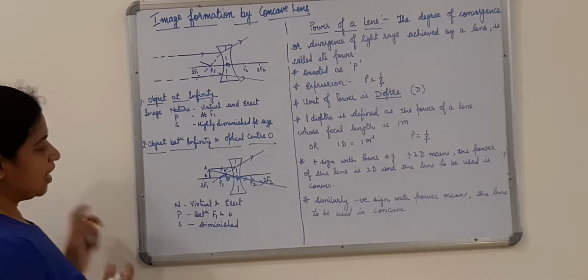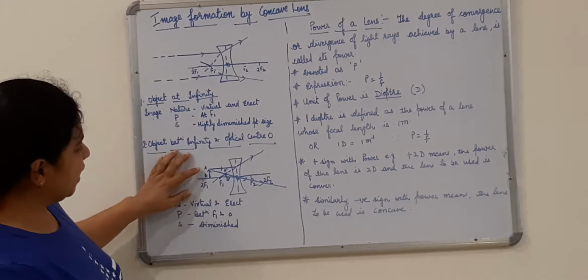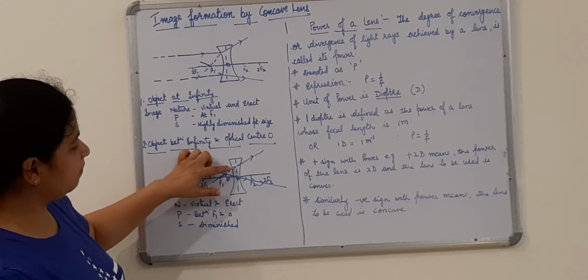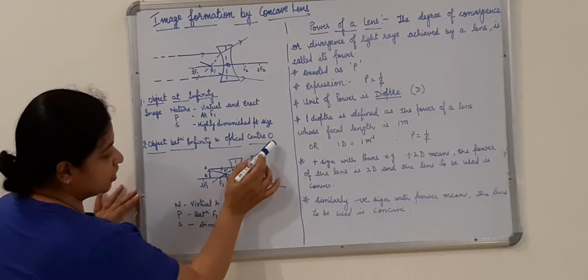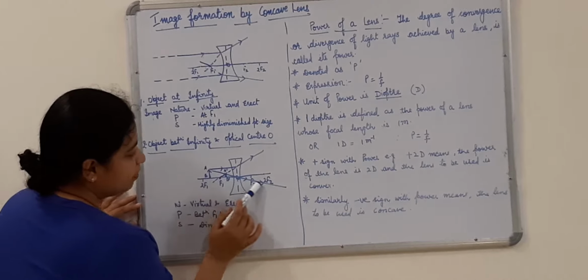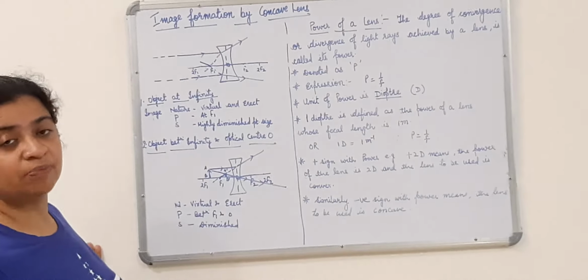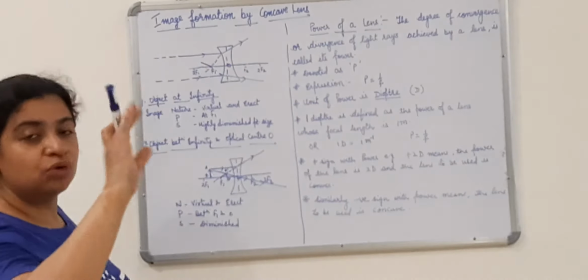In this case, I have taken the object between F1 and 2F1. The name of the object is AB. One parallel ray of light is moving from the object. This is a diverging lens, so the light ray will diverge. The second ray of light is passing through the optical center. You know the rule: when light rays pass through the optical center, they go undeviated, or move in the same direction only, they do not refract back.